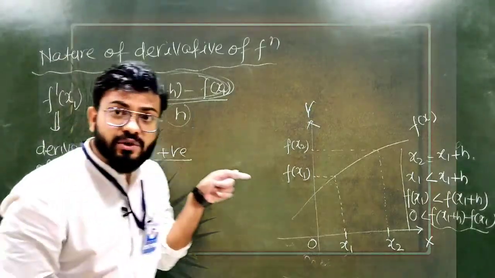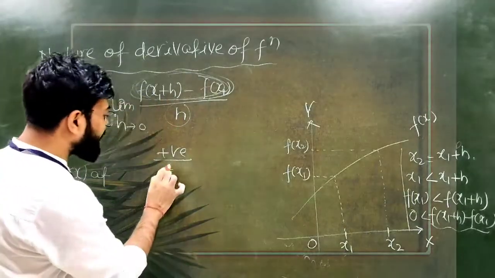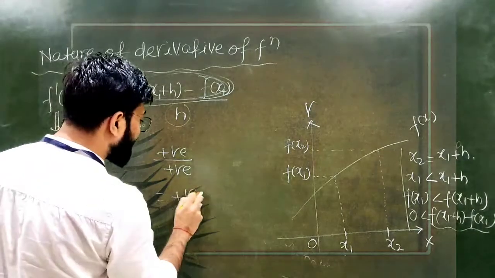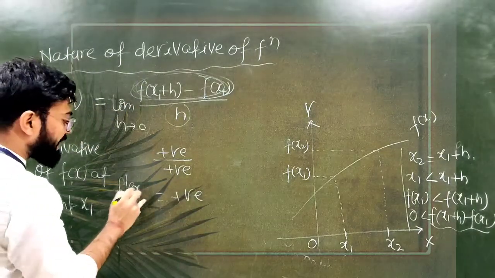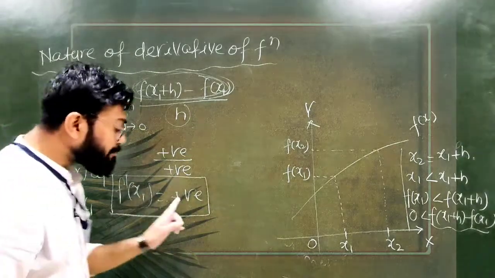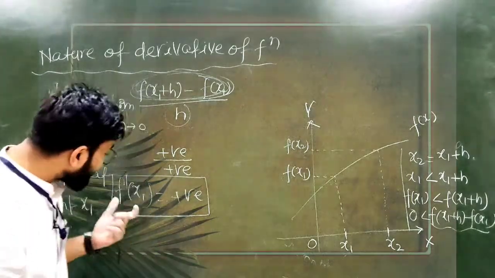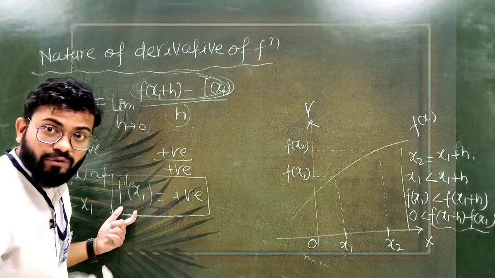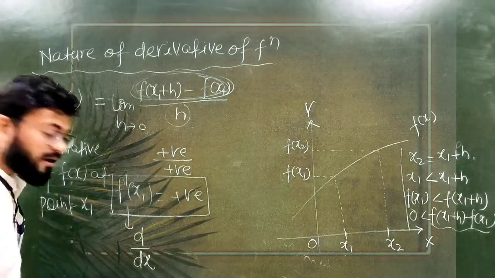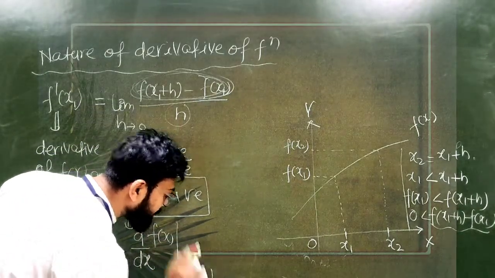Sir, h tends to 0 and you know that h is a positive quantity. So I'll write it like this, this is positive. So positive upon positive is a positive quantity. What is this, sir? This is f dash x1. So the derivative of the function at any point is positive. Which derivative? Sir, one time derivative, right? We differentiate this function one time. So first derivative of this function, d upon dx of fx at point x1 comma y1, right?